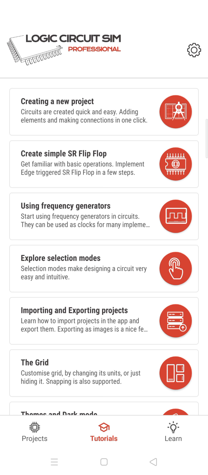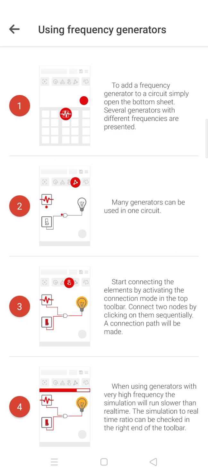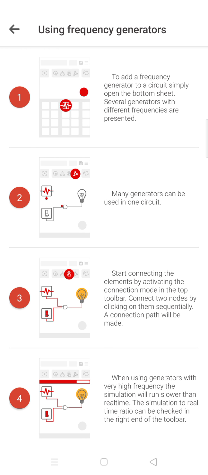A frequency generator is some kind of generator which will produce some kind of frequency. First you plug in any one of the selections. You can plug in one of these frequencies, and then you can take that frequency and connect it to the switch. Once you connect it to the switch, you have the bulb, and based on on or off, it will come on or off. If you connect the switch to a frequency generator and then connect it to a bulb, depending on the frequency, the bulb will go on or off.